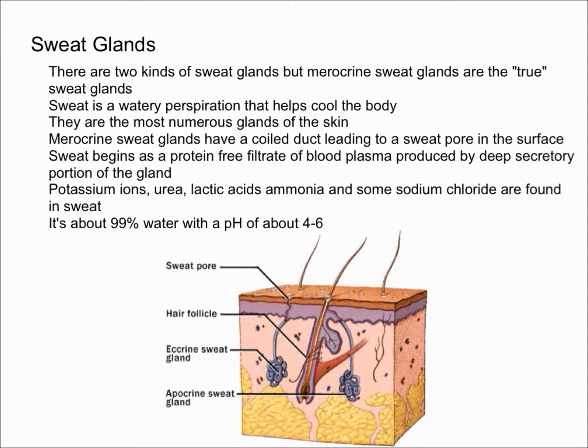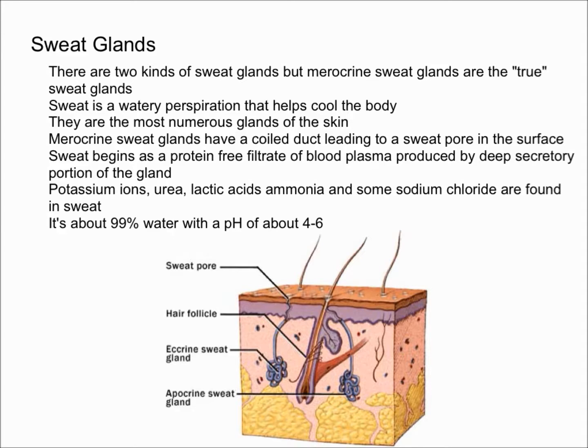And so sweat is a watery perspiration that helps cool your body. As you know, when water evaporates, it has a cooling property. And these merocrine sweat glands are actually the most numerous glands of the skin. They're found on the entire surface of the human body, but there are several areas where these sweat glands are highly concentrated. For example, the soles of the feet, the palms of your hands, as well as the